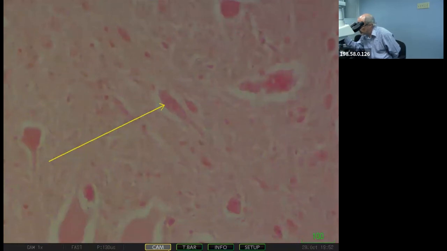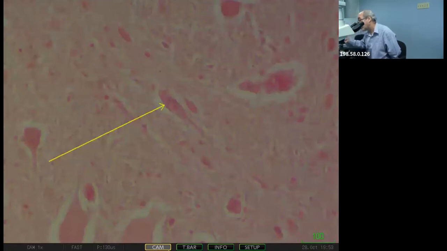To make a long story short, we saw previously your pyramidal cells. Remember, I told you that you have some cells which are giant cells of Betz, B-E-T-Z, in the fifth layer of your cerebral cortex. These giant cells of Betz have their axon descend in the spinal cord, and they will make synapse on these motor neurons. So remember, the giant cells of Betz are responsible for the execution of the movement.